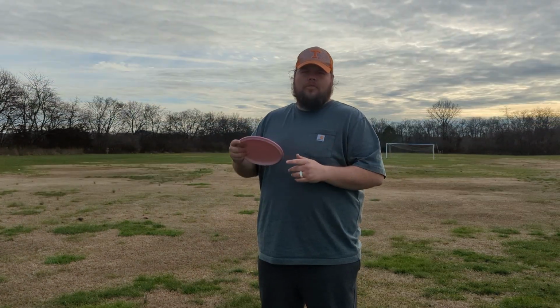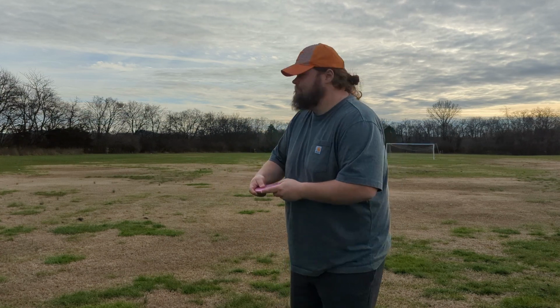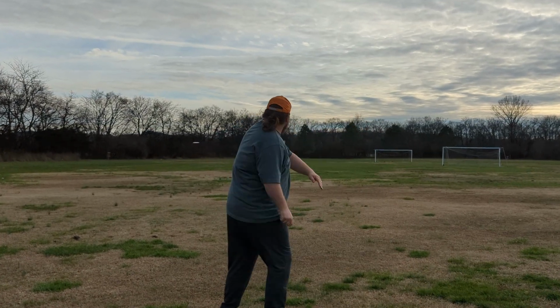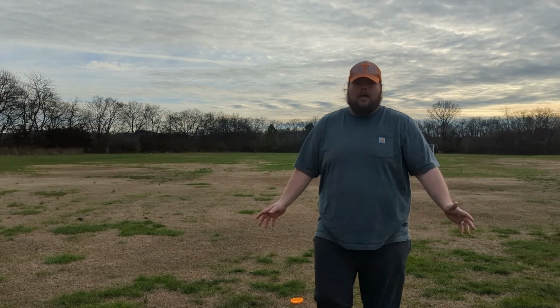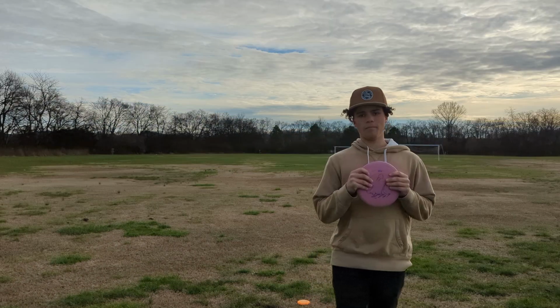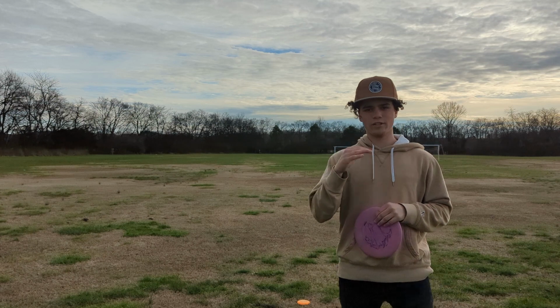Okay, so I'm gonna throw it flat this time. Do need to note there is a slight headwind on all these throws. It's probably pretty flat. I don't always throw completely flat. Might have a little bit of hyzer. This is the Photon Buzzz thrown on flat, but there is a little bit of headwind, so if it turns over,